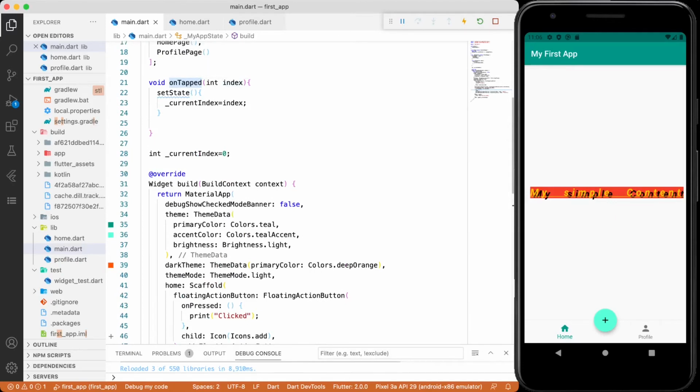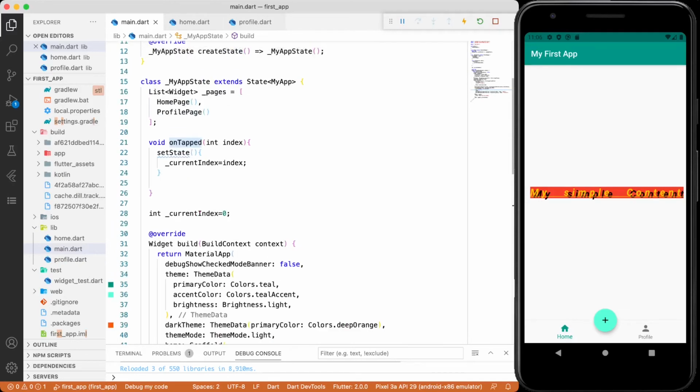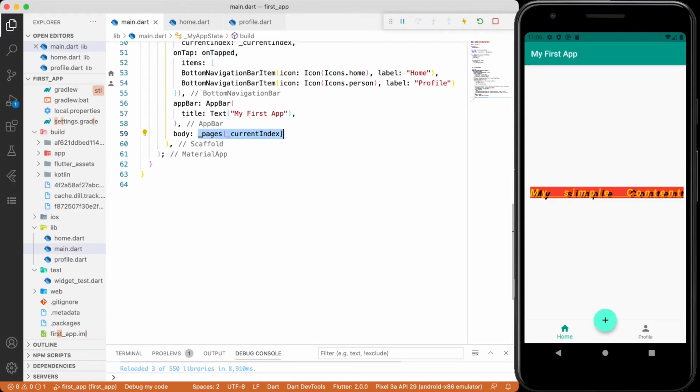I pass set state, and in the set state I set the current index to index, and we pass the current index and select which page we have selected. If you put the code in the set state, it will be triggered whenever the state changes. So now if current index is changed to 0, it will move to the home page. If current index is changed to 1, then it moves to the profile page.